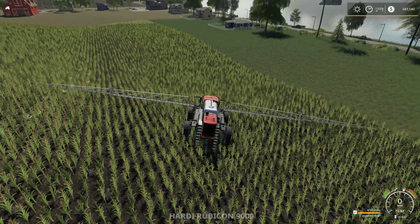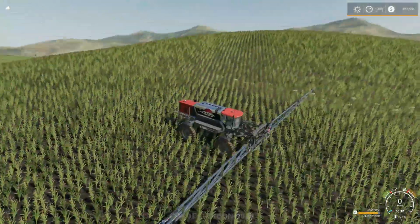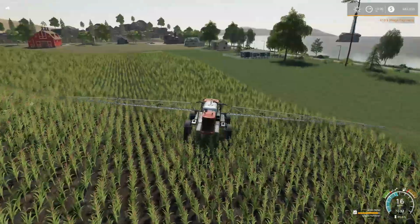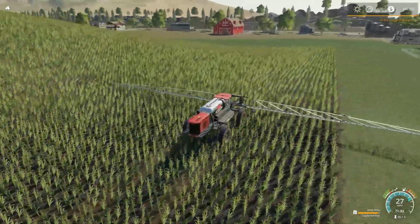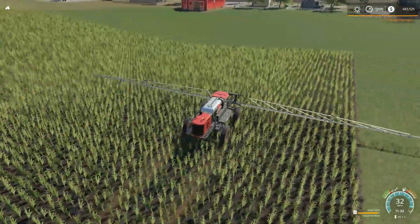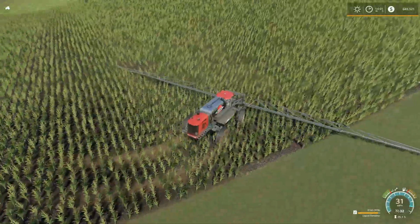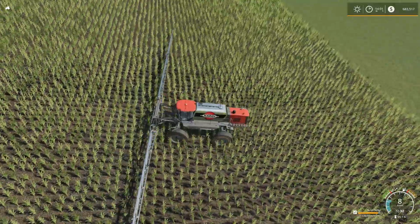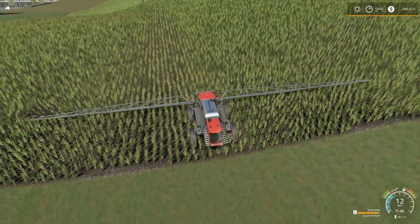Nope, wrong button. The problem that my sprayer has over in this field here is that the hills are just kind of too steep for him. So the boom, as you can kind of see in the sprayer, is really digging into the ground. And he kind of has a hard time, well, they both do, getting around and doing it properly. So I do want to finish off this field, and then he's going to go right across and do the sorghum,